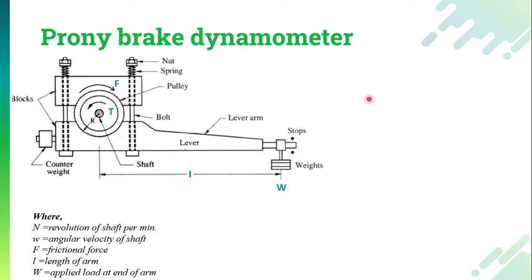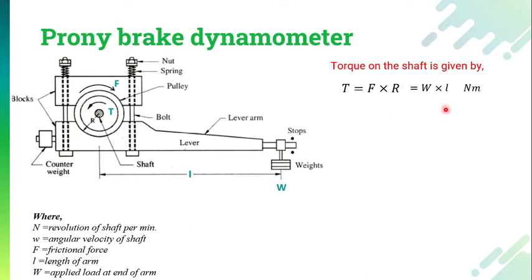So let us start with the torque available on the shaft. The torque available on the shaft is given by the angular force multiplied by the radius. This is what we know. Whatever torque is available on the shaft will be acting as the reaction force, and that is going to be balanced by the moment generated by the counterweights, which is basically W into the length L of this lever. So we can say that the torque will be balanced against this moment, W into L.